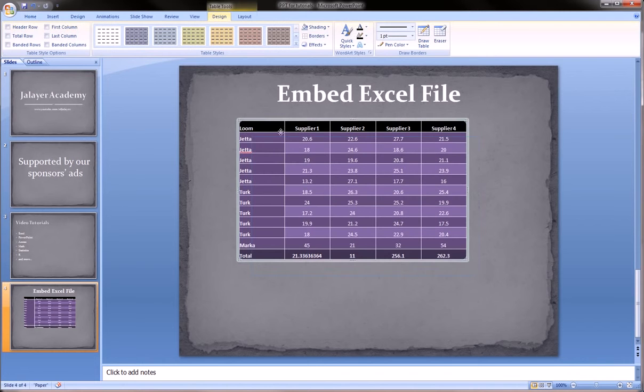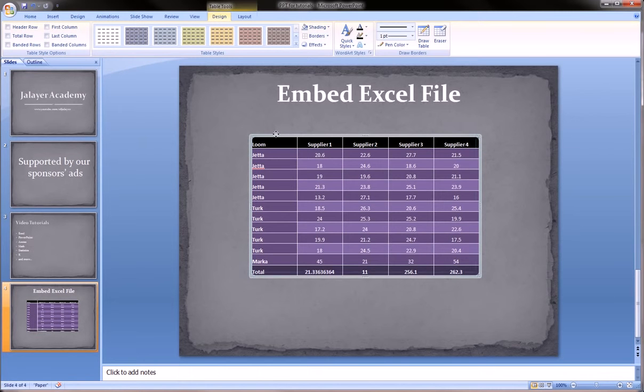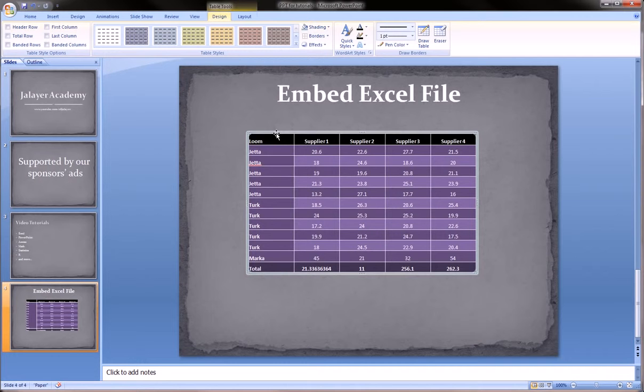This is a table and it looks good and it looks presentable, and for a lot of purposes this is good enough. But this is not embedding an Excel file, and a lot of times we need to embed an Excel file, okay? Which means a live Excel. It's basically Excel alive inside PowerPoint, okay? So let's delete this